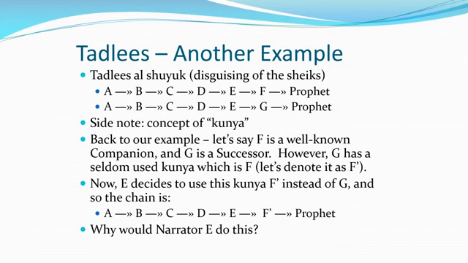I've put for you in your syllabus a concrete example. I'll just go through it verbally. There's a narrator named Atiyya al-Awfi, and he is equivalent to E above. And he narrates hadiths from Abu Sa'id al-Khudri, who was a younger companion of the Prophet, and he would be equivalent to F above, and from Muhammad ibn al-Sa'ib al-Kalbi. And this man is a successor. He's equivalent to G above.